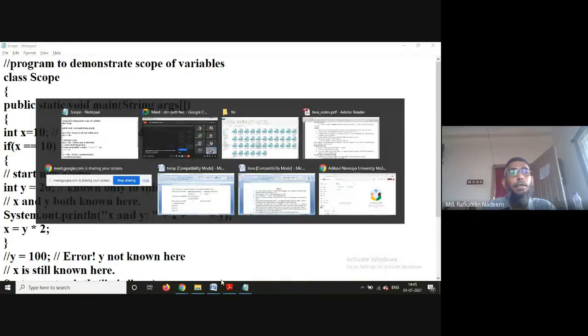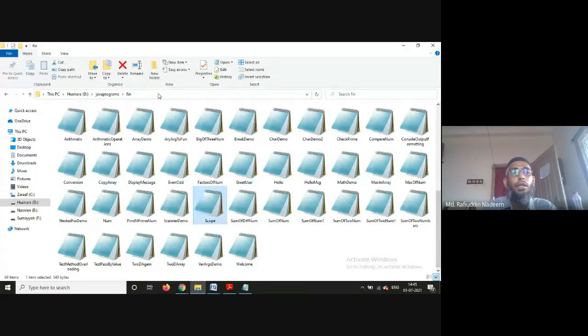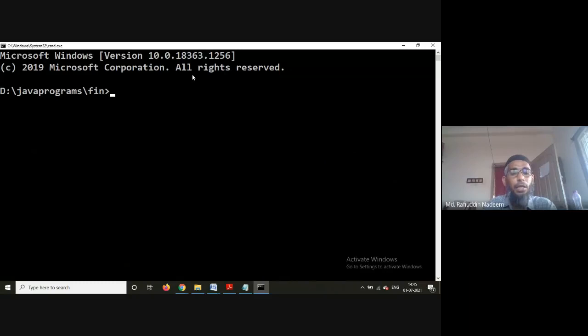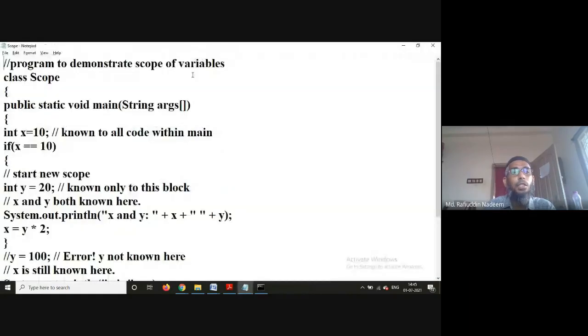Then I said that it can be used only in the block or the loop in which it is declared. So let us have a more elaborate discussion on the scope of variables.